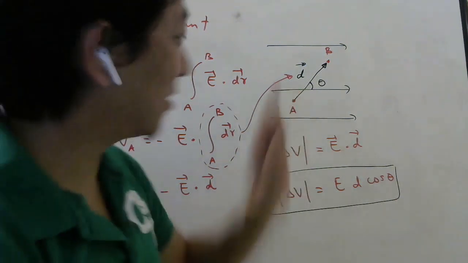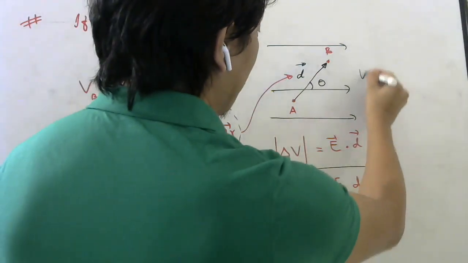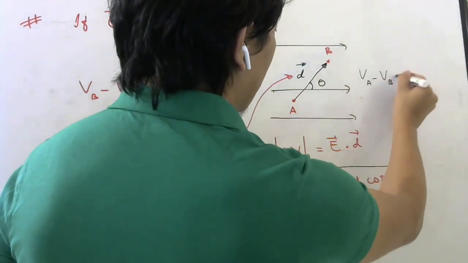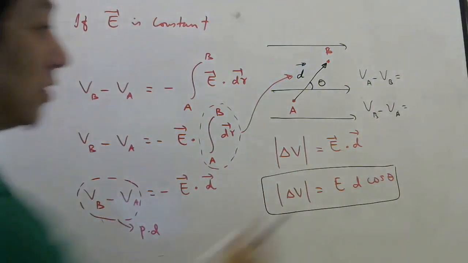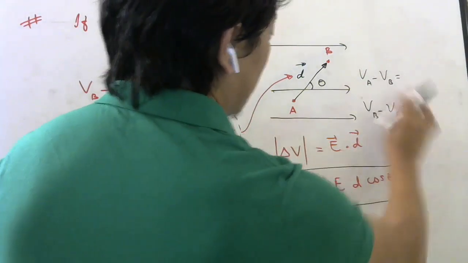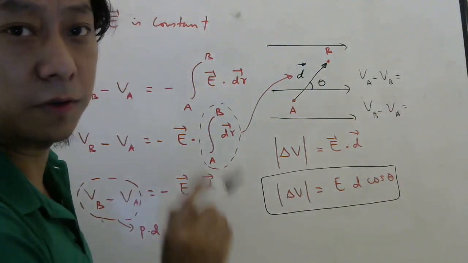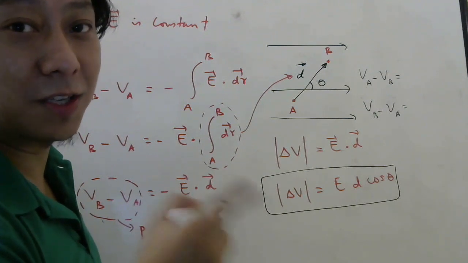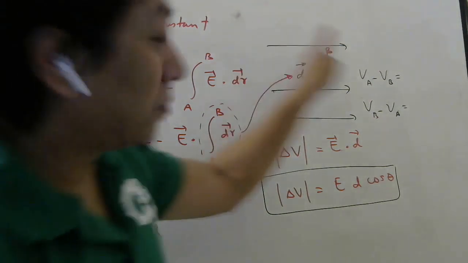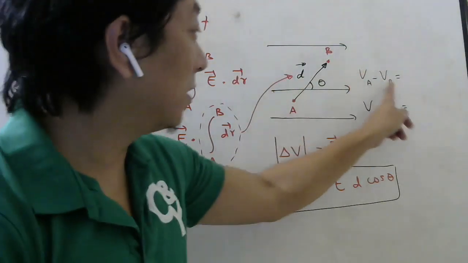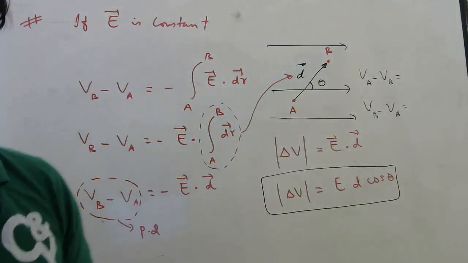For example, in this question, in this diagram, you tell me quickly, okay? VA minus VB or VB minus VA. Should it be positive or negative? Is this positive or is this positive? Decide. You know that if one is positive, the other should be negative, right? 5 minus 2 is 3. 2 minus 5 is minus 3. So if you do it the other way around, one of them will become negative. So can you decide from this diagram whether this difference should be positive or negative? Quickly decide.